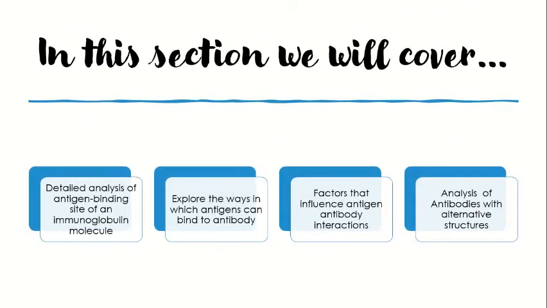And the concepts that we are going to be covering: first of all, a detailed analysis of the antigen binding site of the immunoglobulin molecules. And we're going to explore the various ways in which the antigens and antibodies can interact with one another and the various factors that influence this interaction. And then finally, we're going to have a look at some of the antibodies that are different from mammalian antibodies, and they can be used in a lot of various other contexts for the development of diagnostics as well